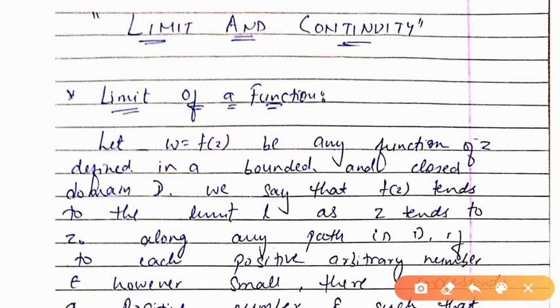theorem. Now in today's lecture we will learn one of the most important topics, that is limit and continuity of complex function. First let us define what is limit of a function. Let w equal to f of z be any function of z defined in a bounded and closed domain D. We say that f of z tends to the limit L as z tends to z0 along any path in D. If